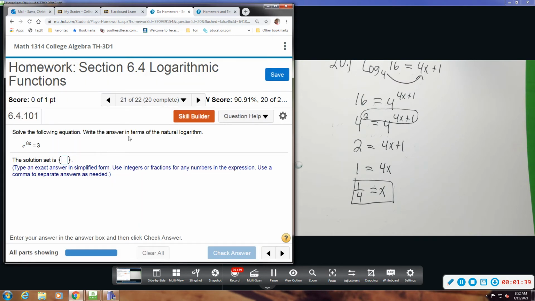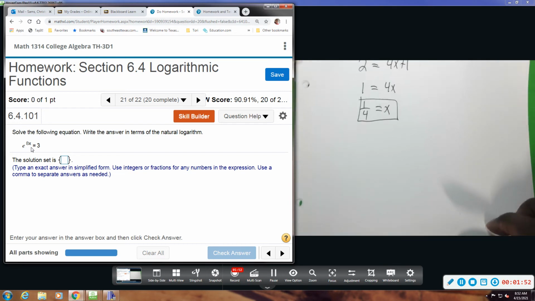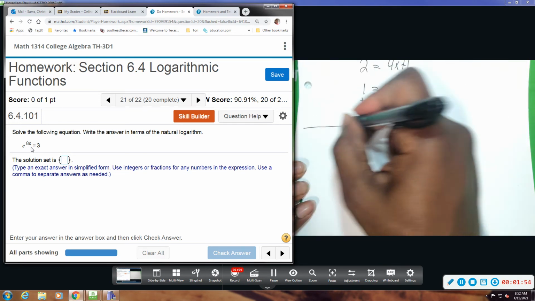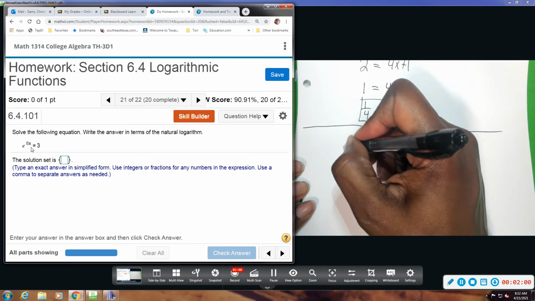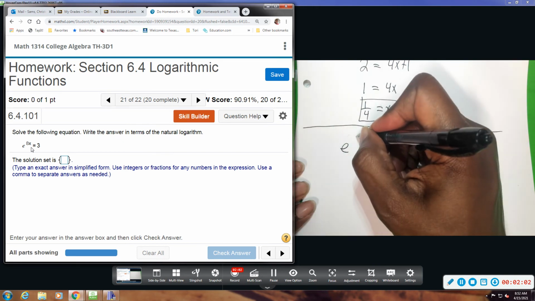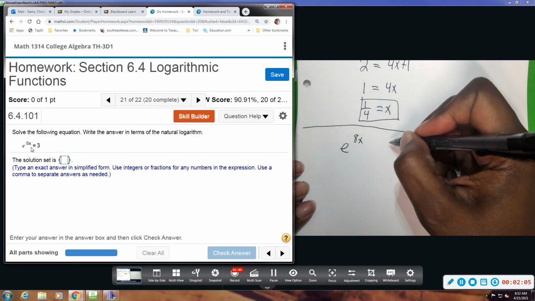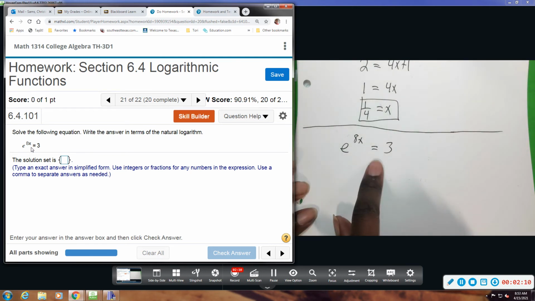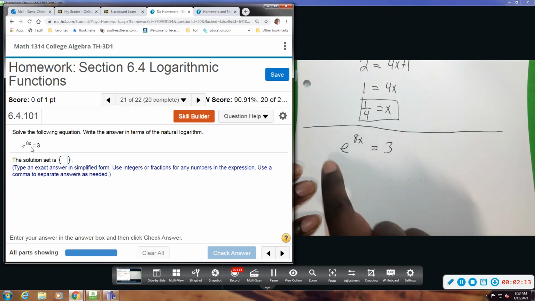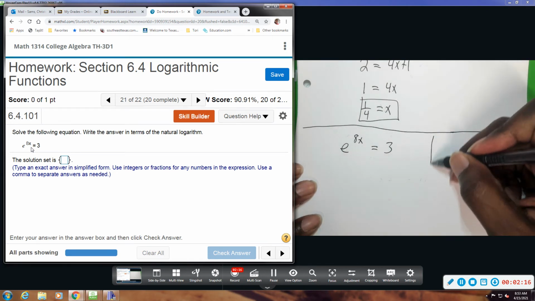Okay, so this one wants us to write in terms of natural log. So since this has a base of e, we can do one thing really, e to the 8x power equals 3. Okay, so one of the properties of log is if you take the log of whatever the base